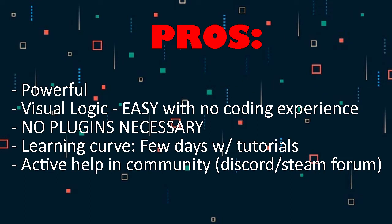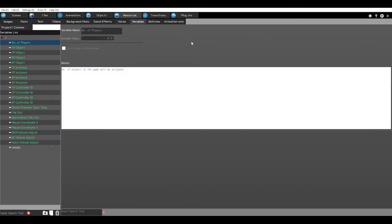And one thing I should probably mention right off the bat is that this is an incredibly powerful tool, and those of us that have tinkered with the engine for at least a little while will tell you that in many cases it's actually much more powerful than the entire RPG Maker suite. And what that means is that RPG Maker doesn't leave very much for interpretation. It says, these are how your sprites need to be laid out, this is how your UI is going to look. It doesn't give you very much in terms of pushing those boundaries, because it's telling you what the boundaries are. It's making it very easy for you, but it's not giving you a big opportunity to make your own